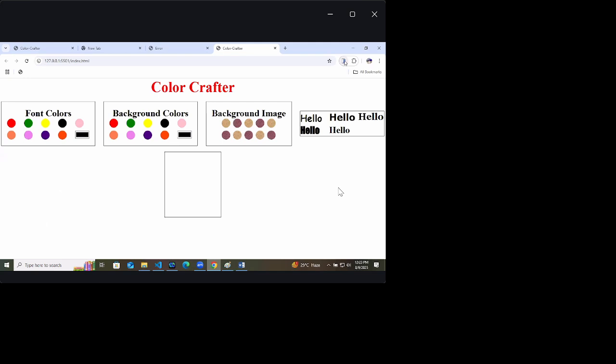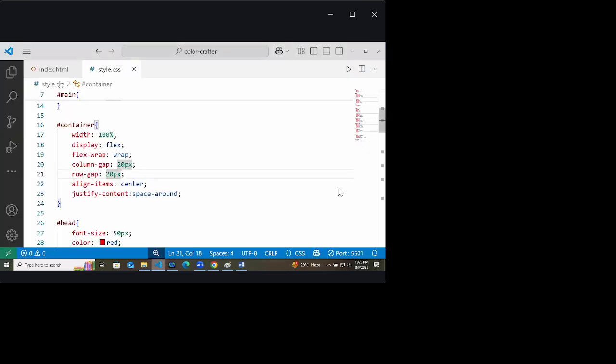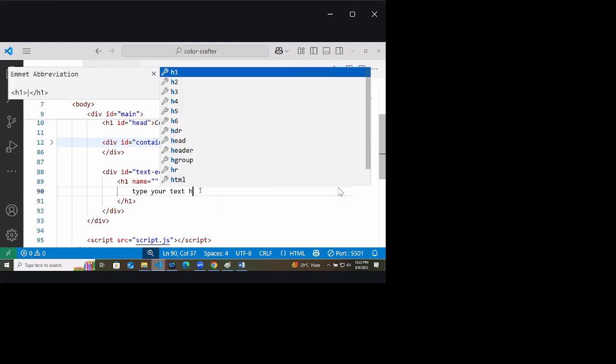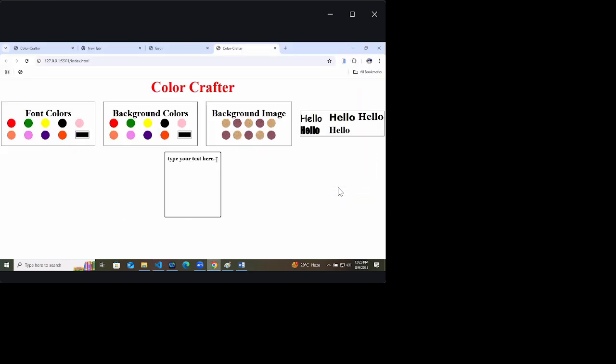Simple. If we are using flex and all properties, it will take very less time to adjust the things, right? So this project will look like this. Now at last you can give a download button also. And inside this H1, I can type a default text. Type your text here. So the default text will be visible. You can remove that and type in yes, whatever text you want to write inside this.